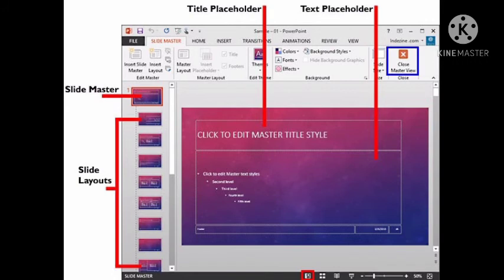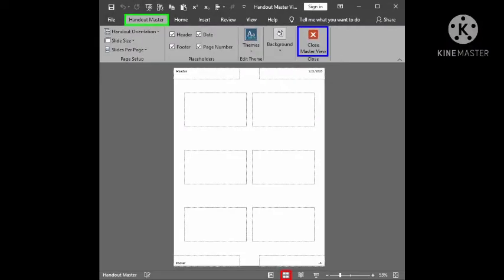Slide Master View. This view is used to change the design and layout of master slides. A master slide is the slide whose design and contents are applicable to all the slides. Handout Master View. This view is used to change the design and layout of printed handouts.